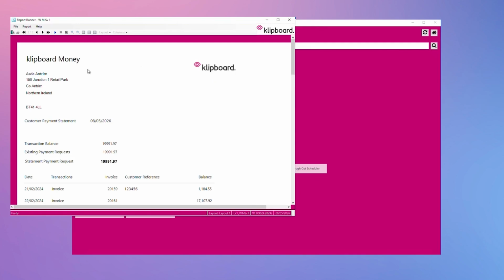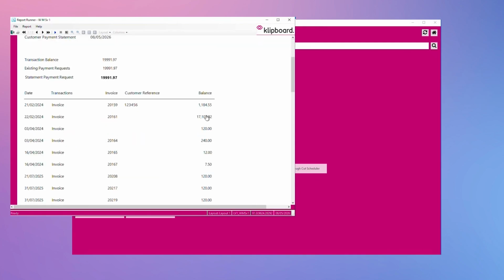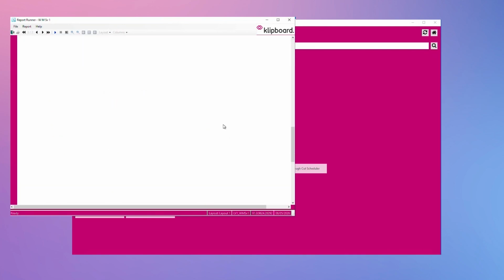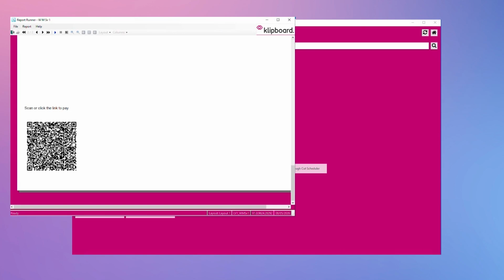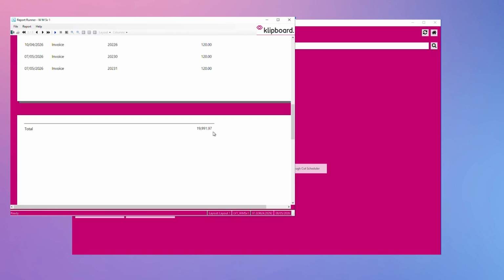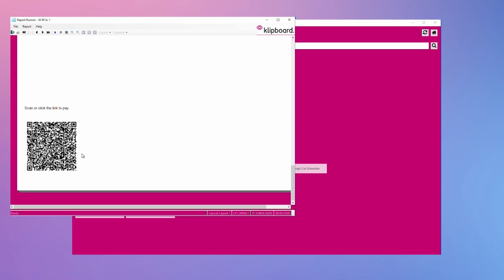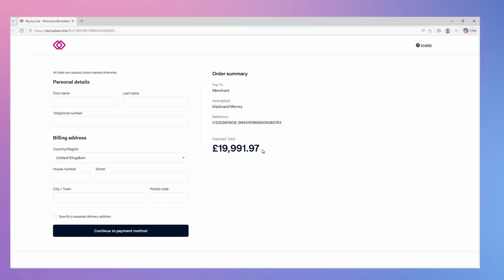What that will then do is give you a format. Again, it's your design, your layout, how this looks, your logos. List all of the transactions that are currently outstanding on the customer's account, and then at the end, we'll give them a link to pay that balance off. Now, this is a statement for £19,991. So when we click on this link, and I'm not going to pay this one off,